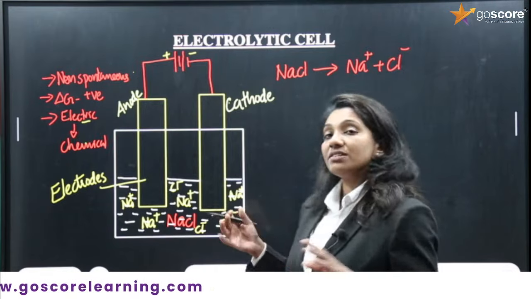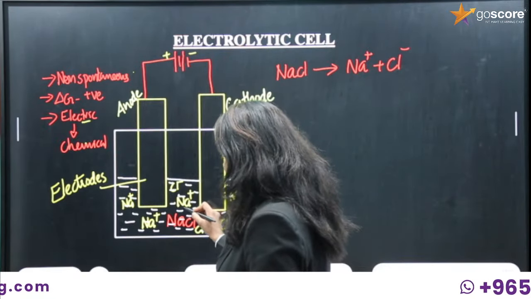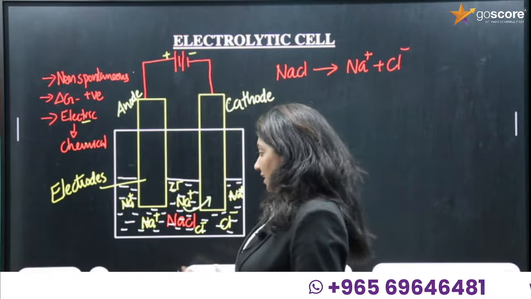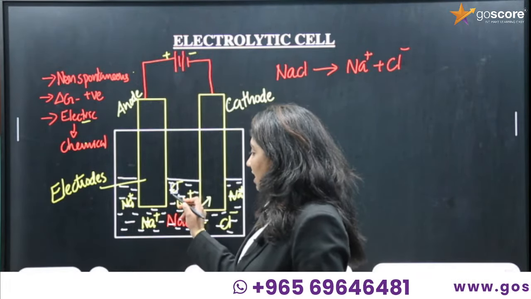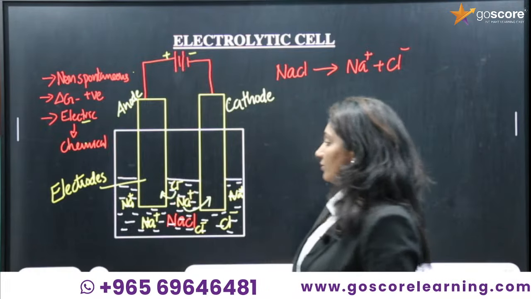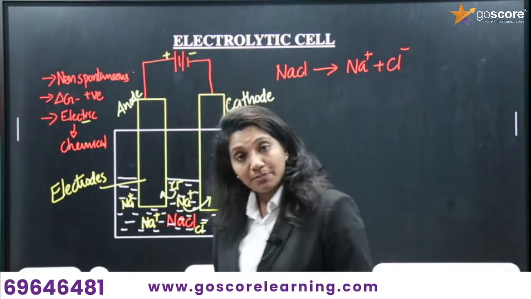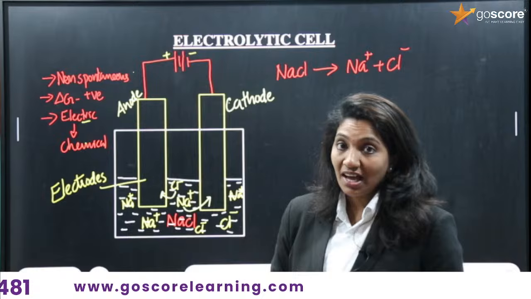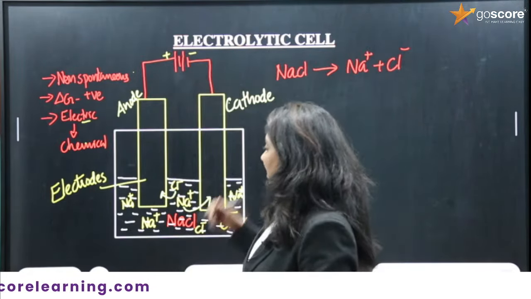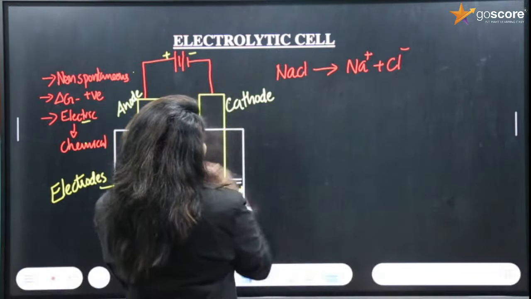So opposite charges have an attraction, and the Na+ ions will always have the tendency to move towards the cathode. In the same way, the Cl- ions have the tendency to move towards the anode, right? Because Cl- is negatively charged and the anode is positively charged. Opposite charges attract, right? So the Cl- will move toward the anode and Na+ will move towards the cathode. Okay, so I can write at cathode,